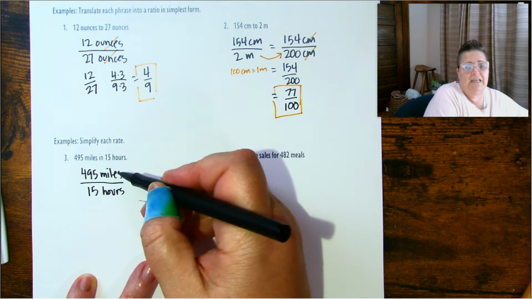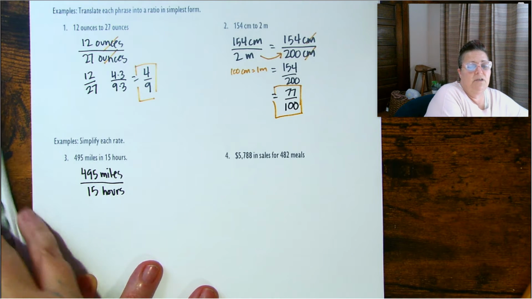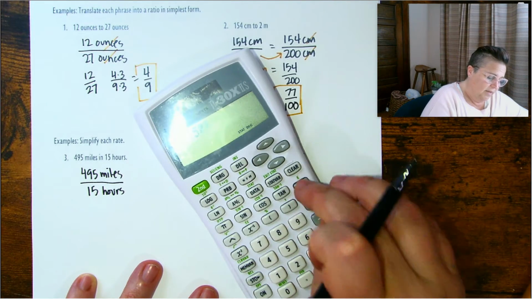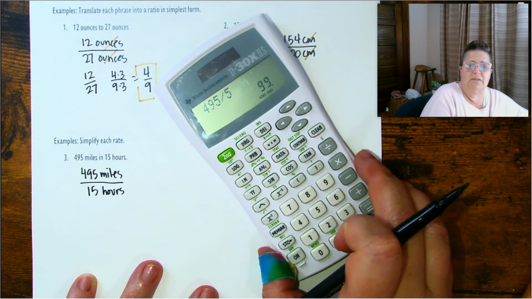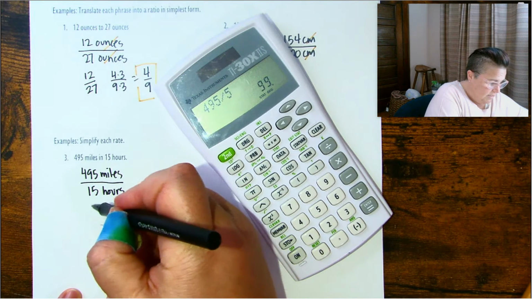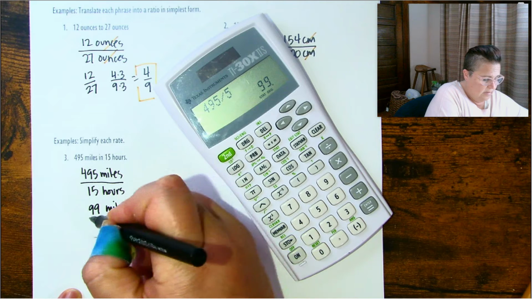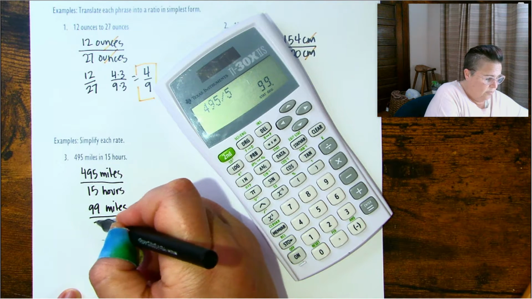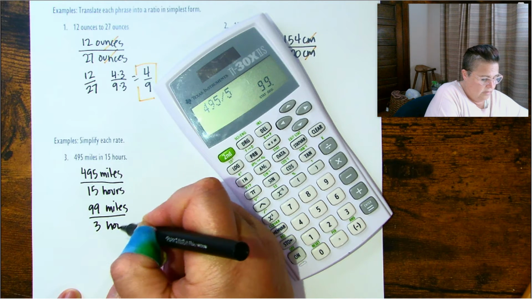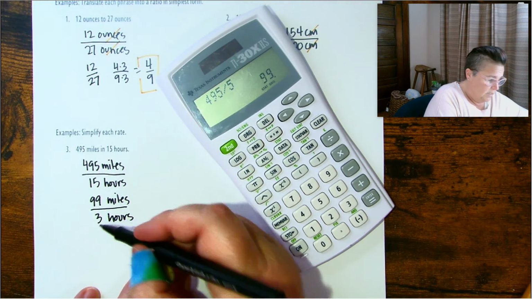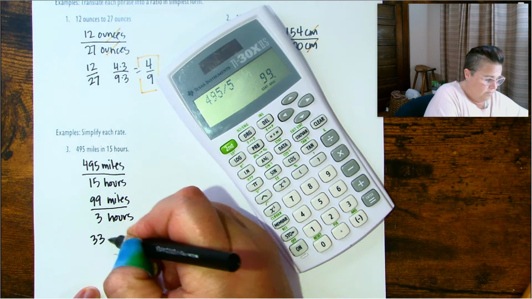I cannot cancel the miles and hours, but both the 495 and the 15 are divisible by 5. So if I take 495 and divide it by 5, I get that this is the same as 99 miles in 3 hours. But 99 and 3 are both divisible by 3, or 33 miles